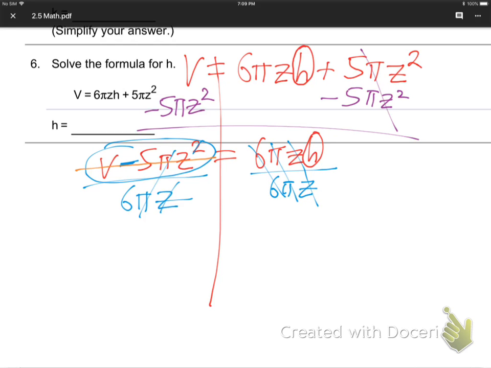All or nothing? Yeah. I think one thing that's kind of confusing is that it looks like they're like terms, the 6 pi z. Oh, these two? Yes, but they're not. Good. Thank you for that. You're right. These are almost, huh? We can't go 6 and 5 is 11, right on the money, because they're not quite